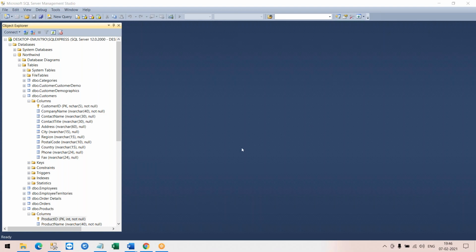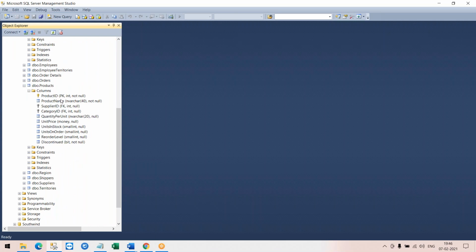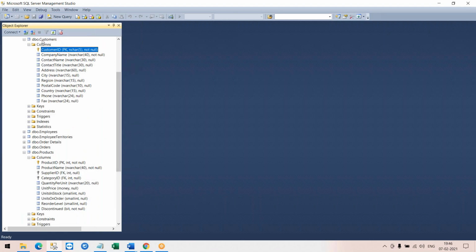In addition to the column name, data type, and data size, you see something like not null, null, PK, FK, and so on. These are all constraints. We will not talk about constraints today, it would be too much information. As a table has various columns, data types, and data sizes, constraints, in simpler terms, are rules. Rules tell me what kind of data is allowed. There are so many rules you can apply in a table, depending on what kind of data you want to allow.